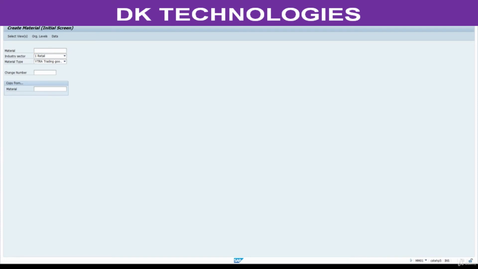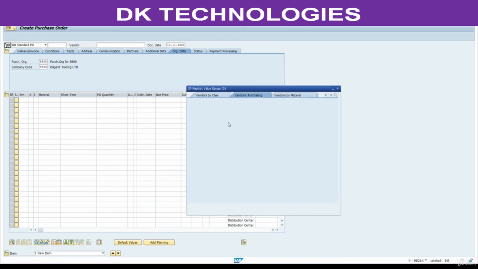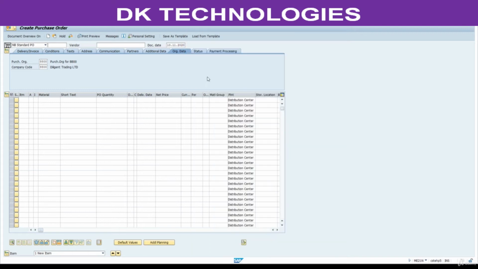Now go to ME21N. Here select NB. Here press F4. Select this vendor. Now enter material here.